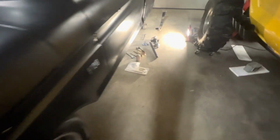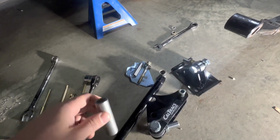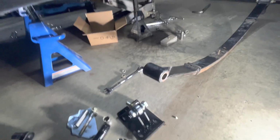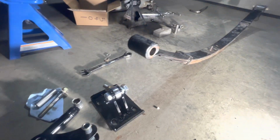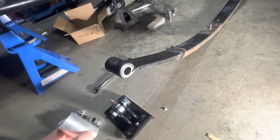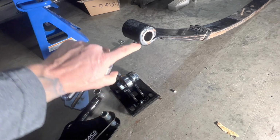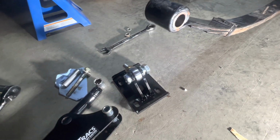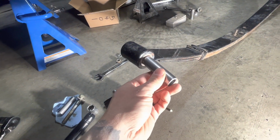One other thing with this truck, the kit came for 73 to 79 Fords. They have a couple different eyelet sizes for F150s, F100s. So they do come with another size of bushing, which is great. I needed these ones, obviously. But these little fellas that slide in here,